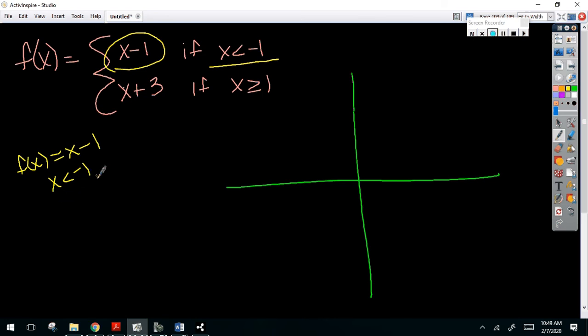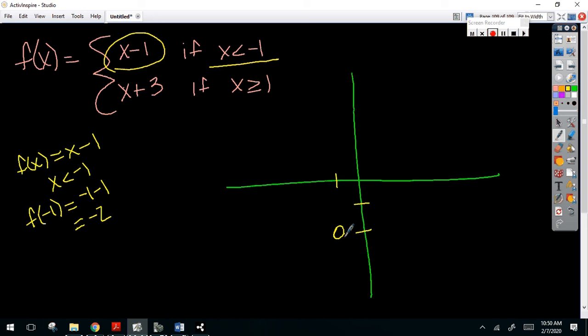If I plug in -1, so f of -1, what do you get? -1 minus 1 equals -2. Now, because it does not include this point, I'm going to have to do an open dot. Okay, so -1,